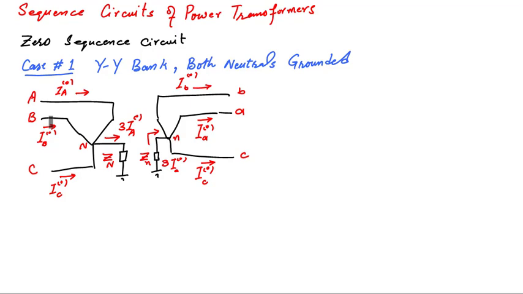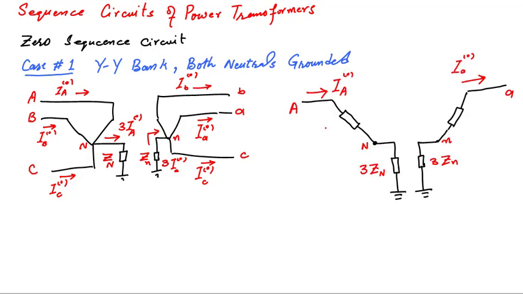Now if I draw the equivalent of this transformer in single phase, this is the single phase equivalent of that transformer, and here we can see we have replaced the grounding impedance on the two sides with 3 times the impedance. The reason is that now we have only one current, IA zero sequence. So in order to keep the voltage drop from neutral to ground the same, we have increased the impedance to 3 times, so that the voltage drop from neutral to ground in this situation is the same as the voltage drop in the three phase equivalent circuit.